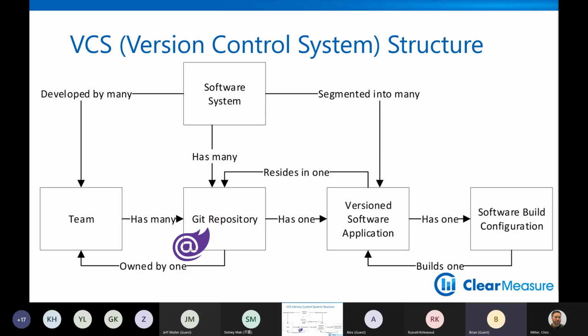And regardless of what flavor of segmentation architecture you like, whether you want the smart cohesive monolith, whether you want just basic segmentation into a couple of really large applications, or whether you're going more of a microservices flavor where you're chopping up that software system into very, very small applications that just do smaller and smaller things, regardless of where you like to land there, each of your versioned software applications needs its own Git repository.